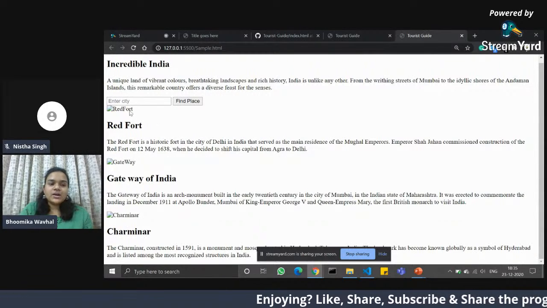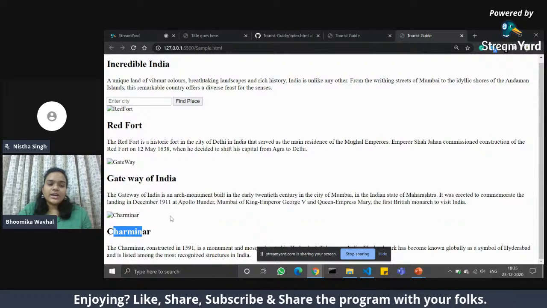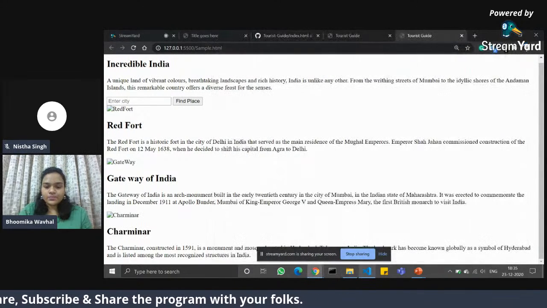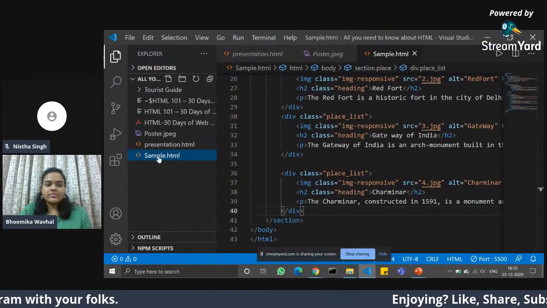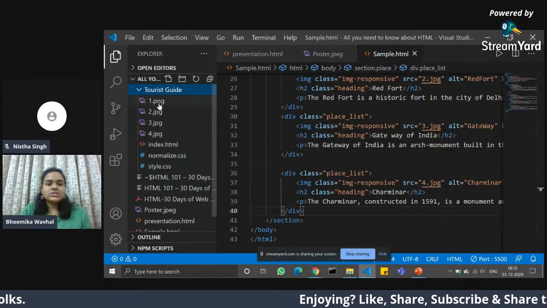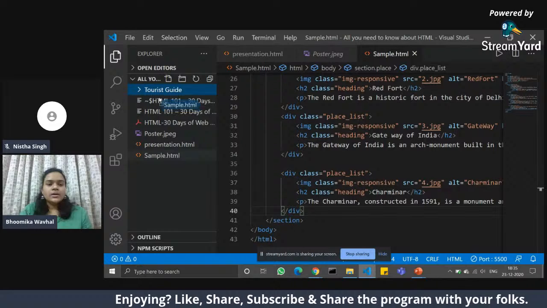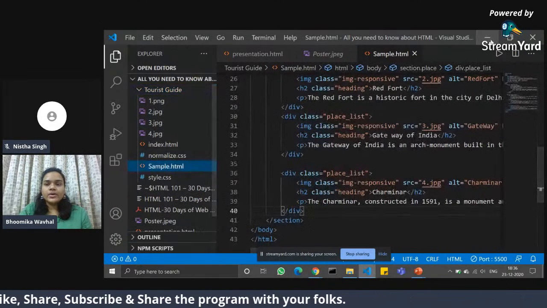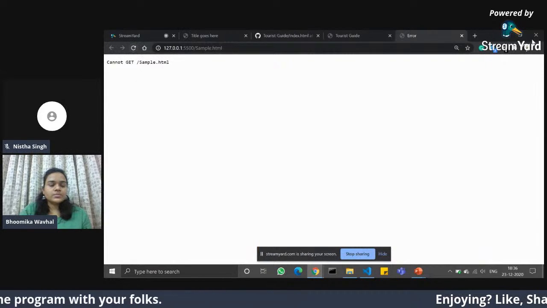Now again, if you can observe here, this Red Fort, this Gateway, this Charminar image. This image is not here in this sample.html file, but it is here in this tourist guide. Okay, this 1234. So let me just place this code in tourist guide. Okay, I want to move it. And now if I reload this,